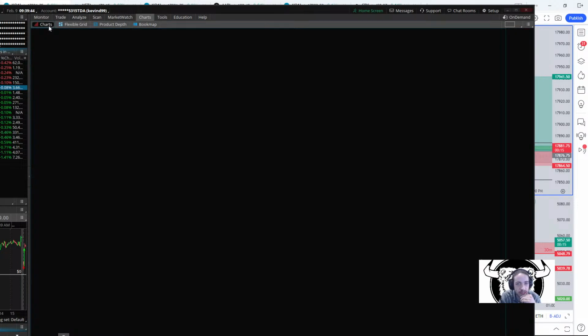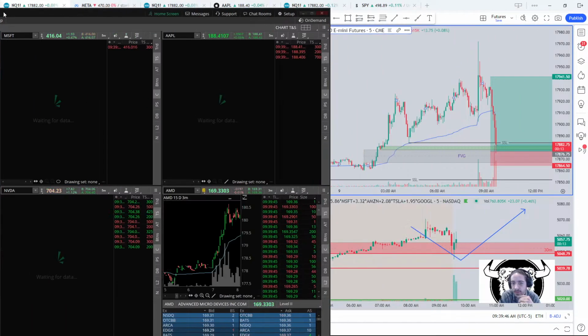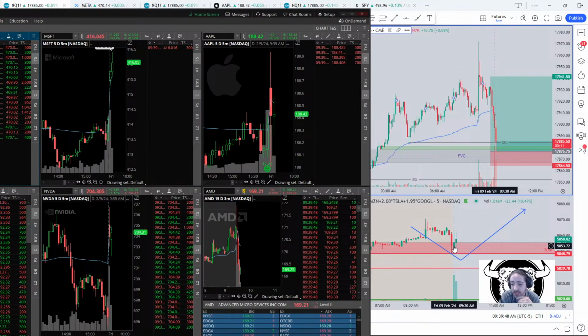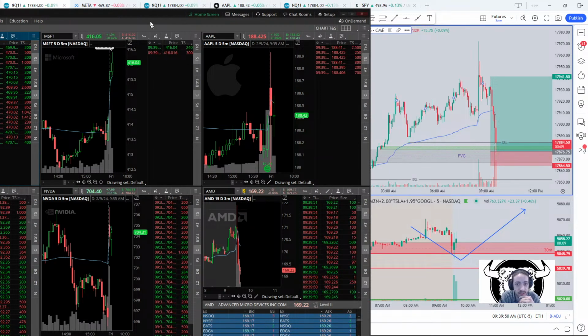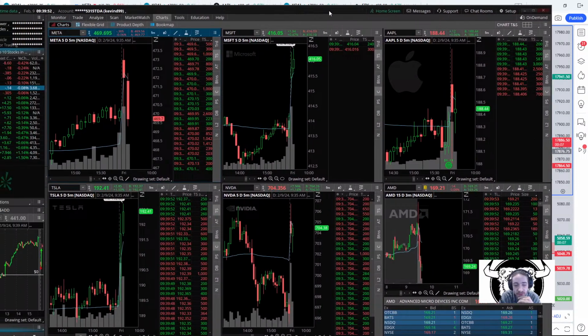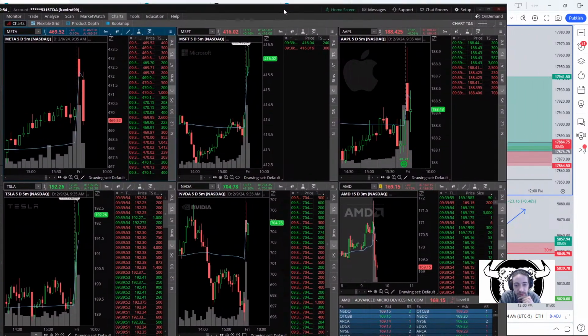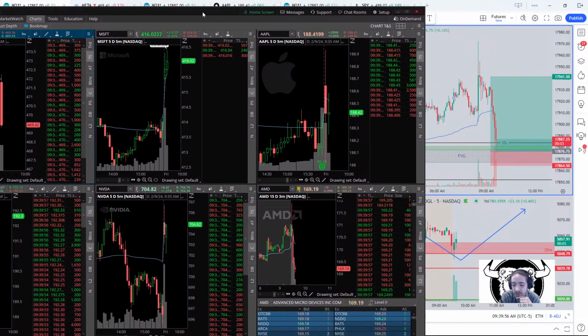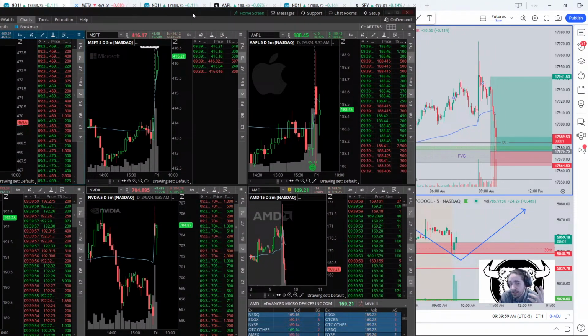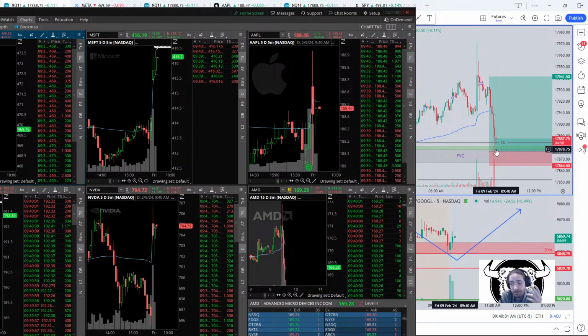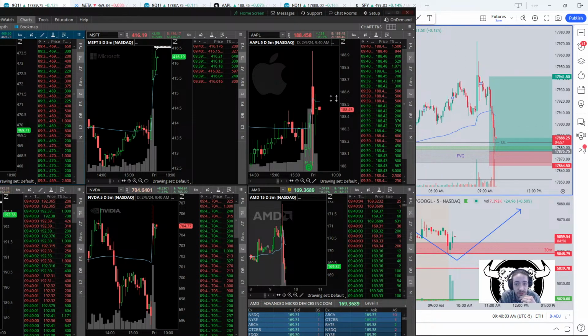I want to see what equities are doing. And what's the weighted index doing? Look, weighted index is trying to push green. That's a hint to me that we want to go green. Microsoft's green. Meta's selling off. Tesla new high of the day. Nvidia pretty green. Staying in these longs. Look at that entry, guys. Look at that bottom tick entry if we do want to reverse from there.